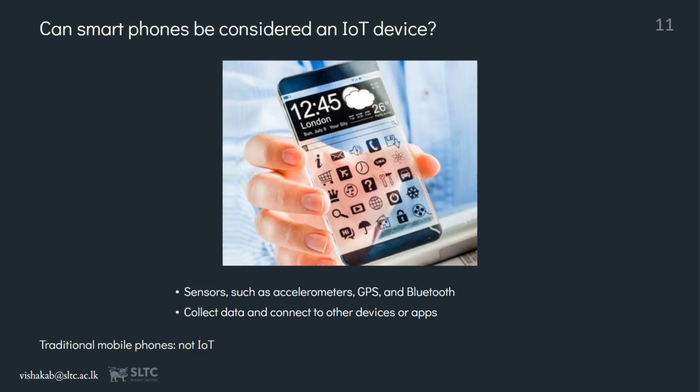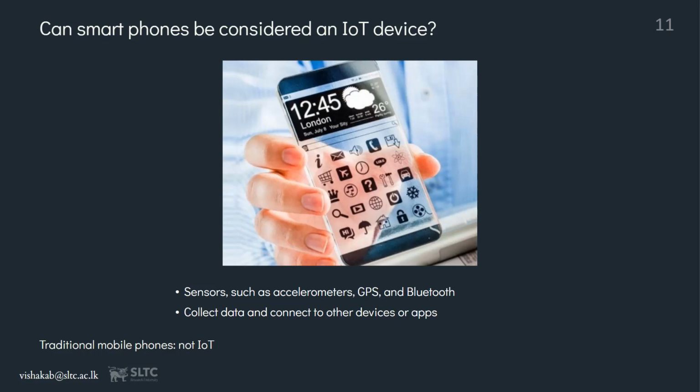We talked about the smartphone being an IoT device, which can have many sensors related to connectivity, motion sensing, and GPS or location sensing. There are many sensors embedded in smartphones, which are used for different purposes. The data collected can also be transferred to other devices and apps through the internet,